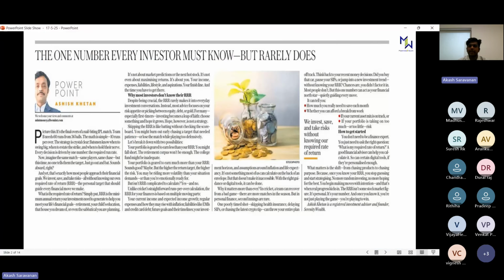In this article it states that there is one particular number that most investors don't go through or don't set. Think of it like a team coming to bat second and not knowing the target, then the match would be irrelevant, right? Just like that, if you don't set a specific return rate, you're not investing in a correct or process-driven way.